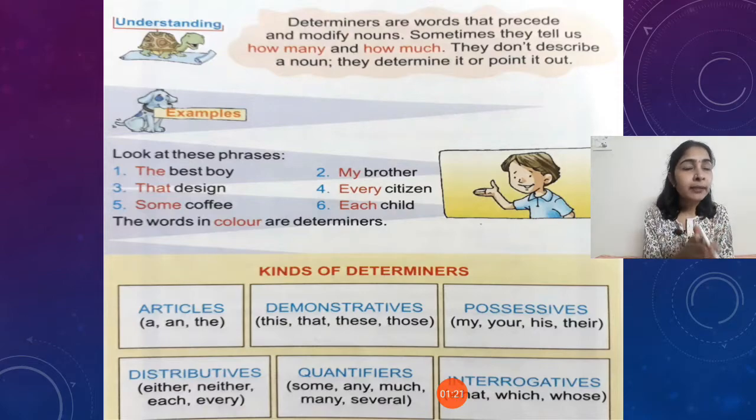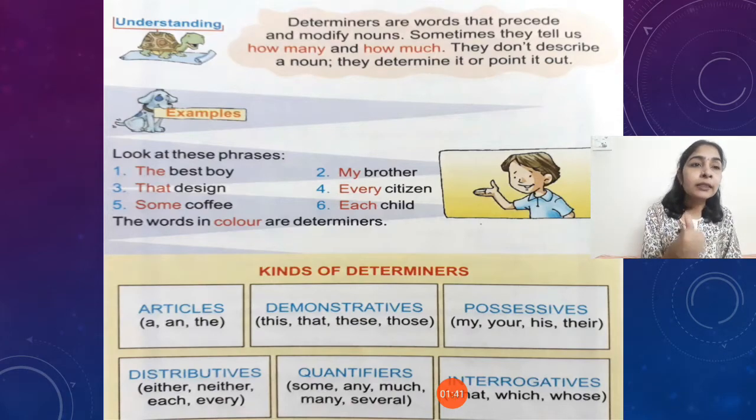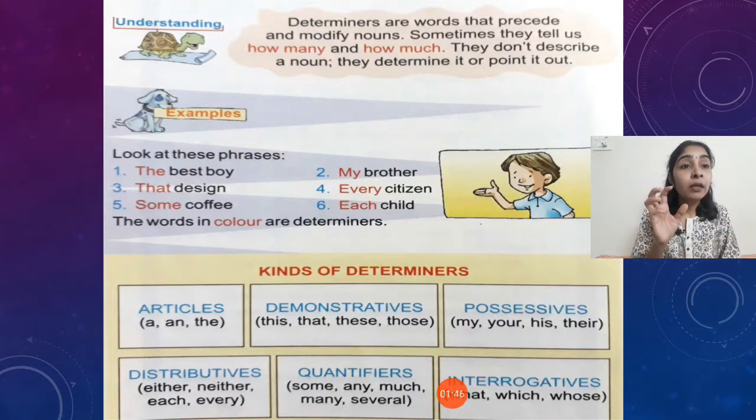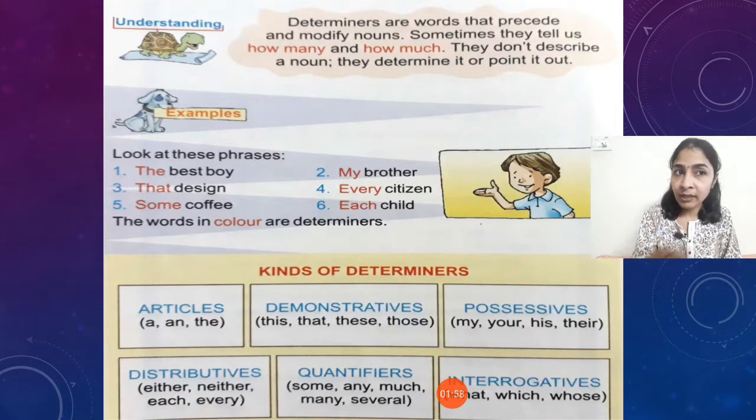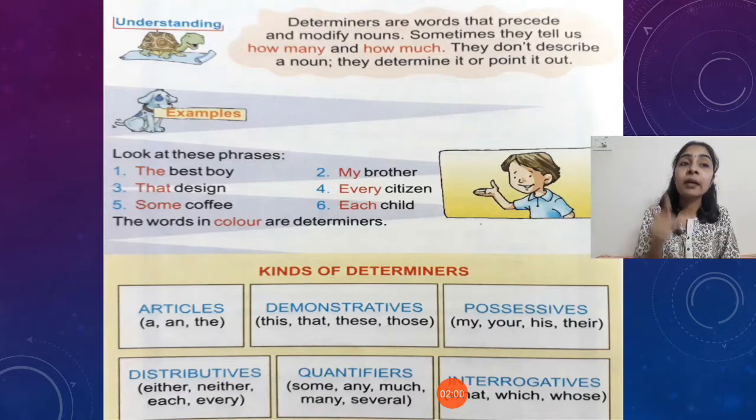If we understand the meaning of it, then we can easily classify the determiners as well as the pronouns, determiners as well as adjectives. First, understand the meaning of determiners. Determiners are words that precede and modify a noun. The first thing is pronouns. With pronouns, you can clear the confusion here itself: you should never be confused between determiners and pronouns. Why? Because pronouns replace a noun, while determiners precede the noun. That means they are not replacing the noun, they are coming before the noun.